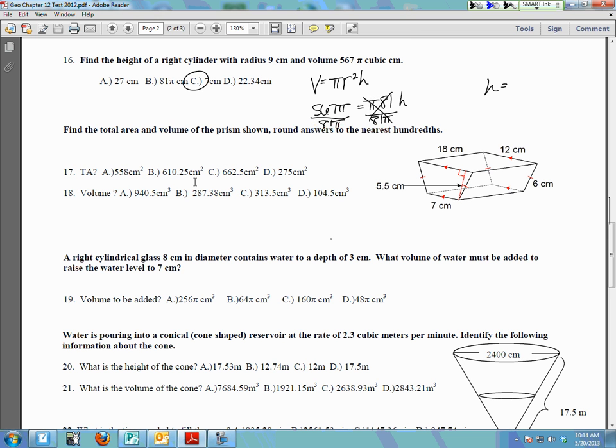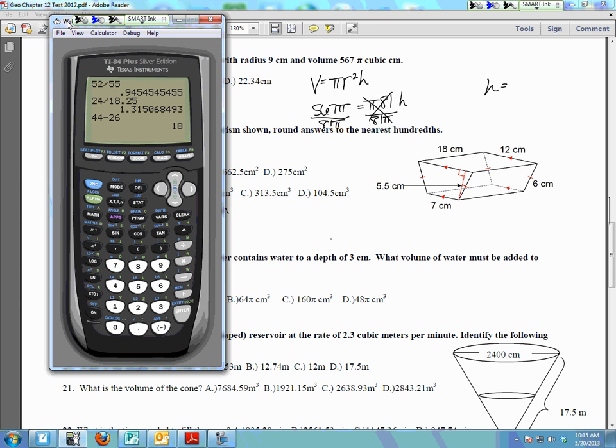Working down here on 17 and 18. Okay, I'm going to find total area and volume. Remember, total area of a prism is your lateral area plus 2 bases. And lateral area is perimeter of your base times your height of your prism. So if I'm looking at my prism over here, the base is the